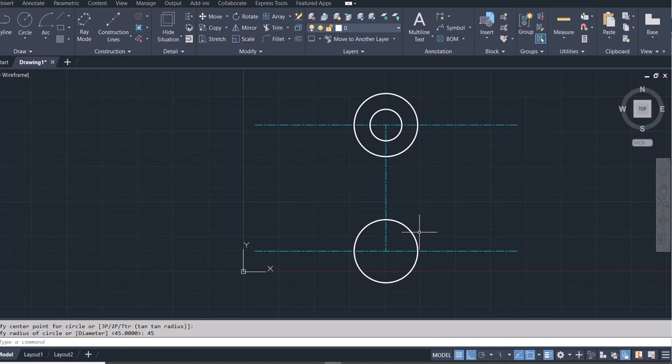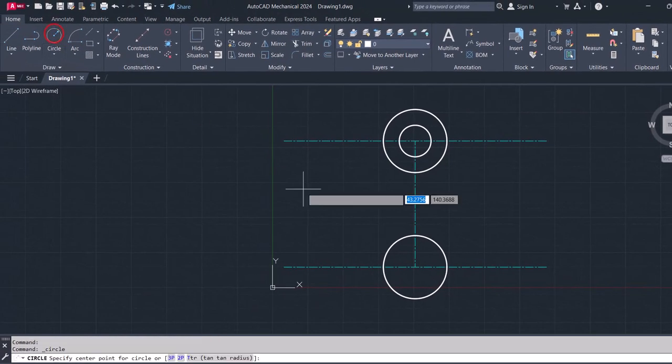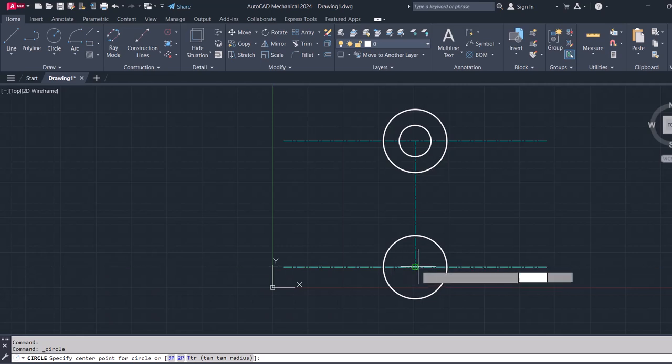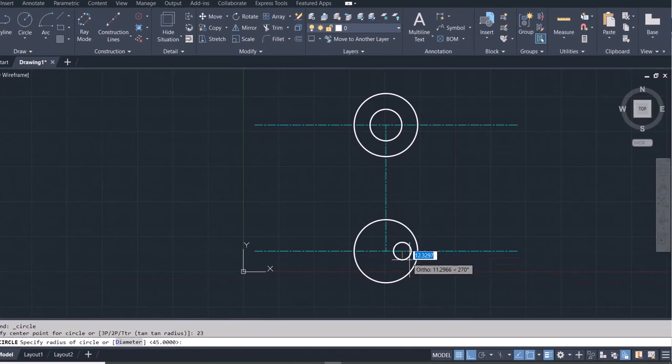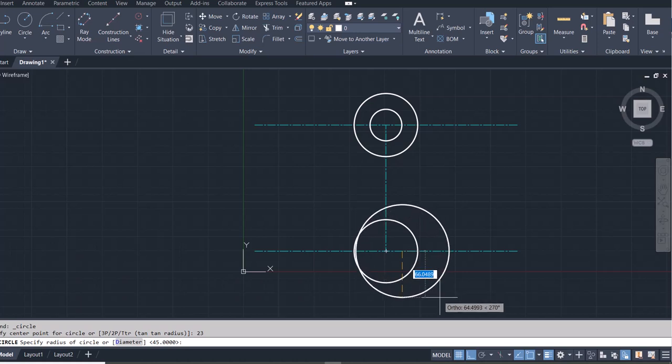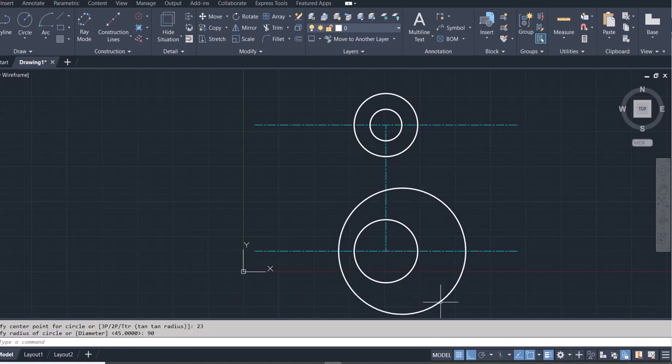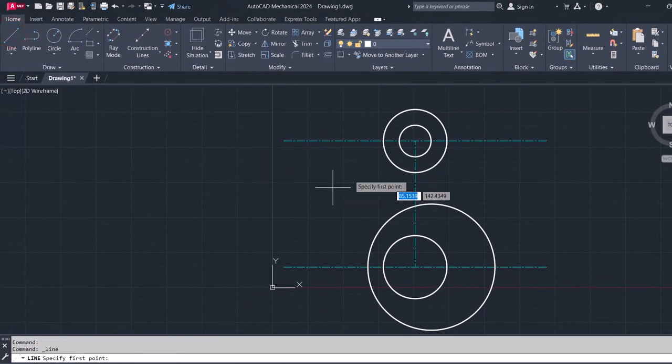and there is another circle or semicircle located around here, so center radius method, but for that the center is 23 millimeters away, so let me enter 23, right? So 23 millimeters and then the radius is 90. Okay, like that. And then I can use a line, so click on line and I want a line which